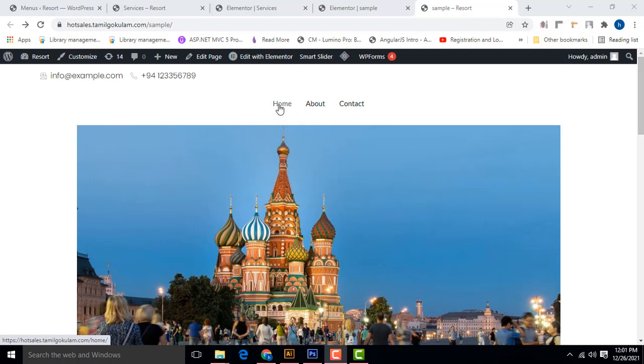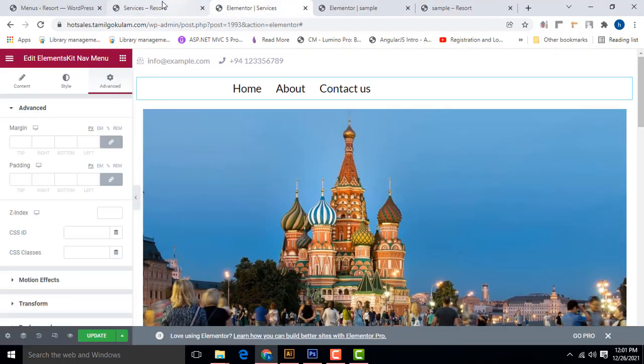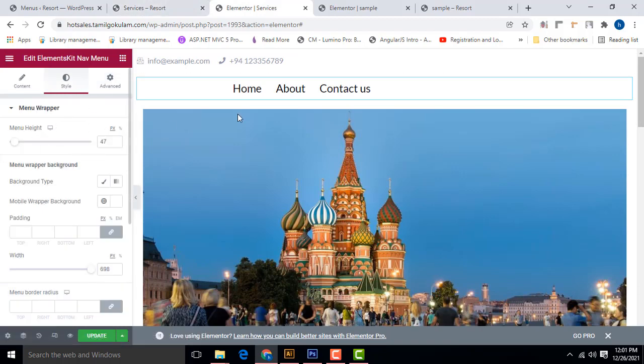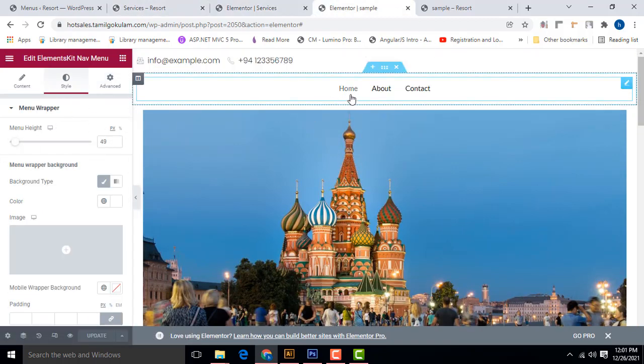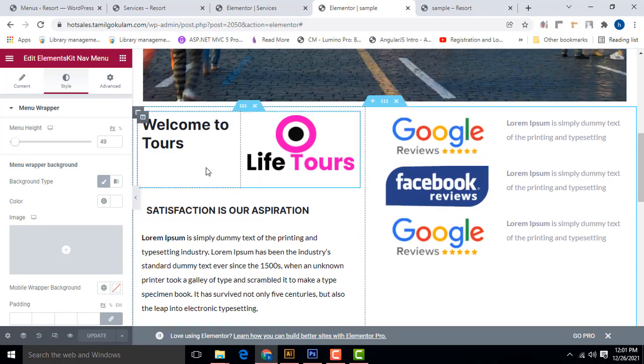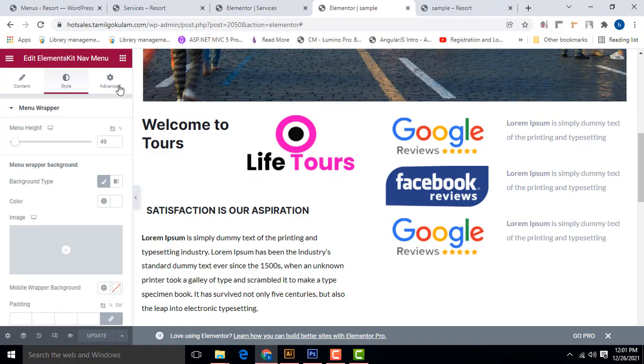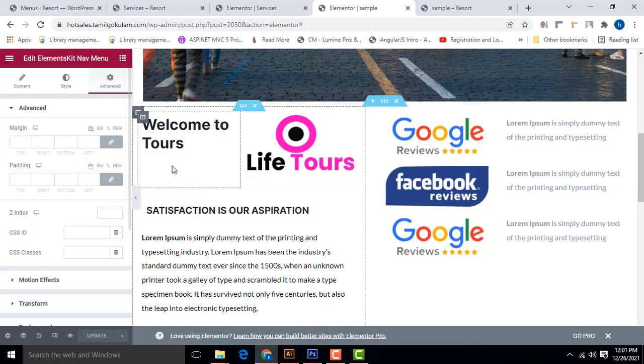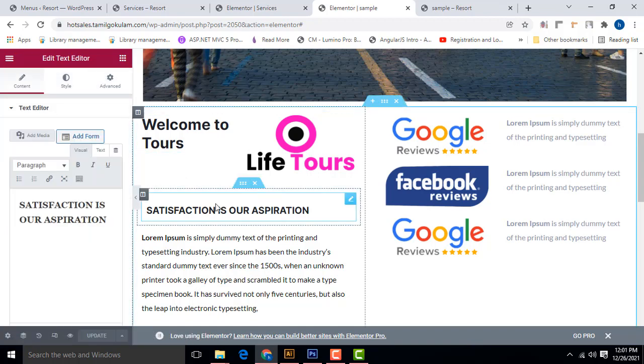If you want to increase the size of the text, you will be able to increase it. Go to the section of style, you will be able to increase it. Okay, don't worry about this, you will be able to do it. Okay, everything is fine. Okay, here you have to reduce spaces using this one. Go to the advanced and margin. You have to set the margin here. Then only you will be able to reduce the size and all.